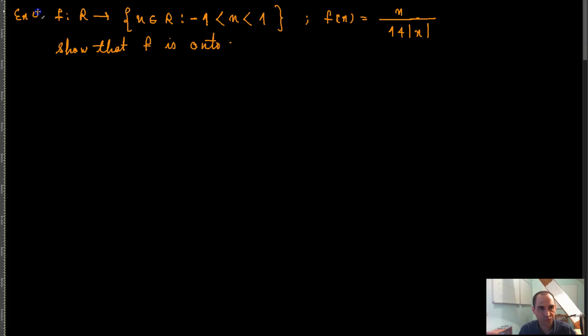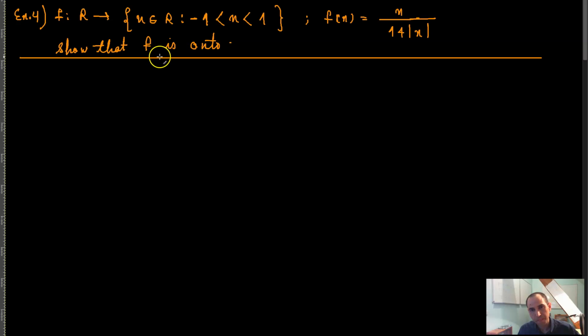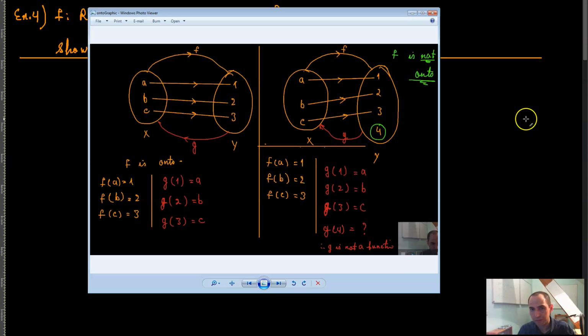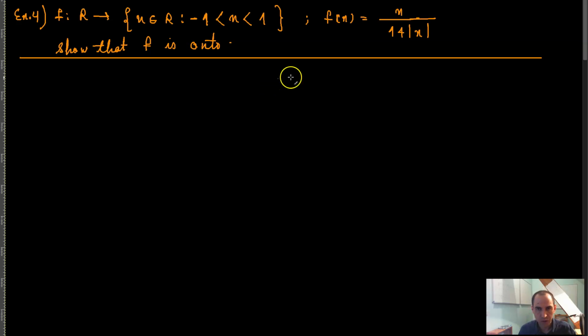This is exercise number 4, right? So to show that f is onto, what you want to show is that all of the elements in the codomain of the function are images of some element in the domain of the function, meaning that a situation where an element is left alone is not the case. So now what I need to do to show that is